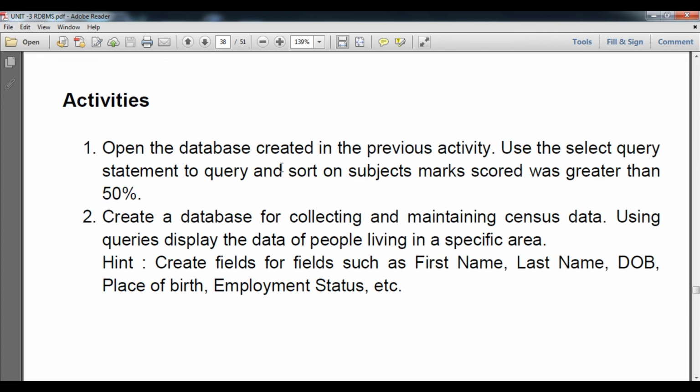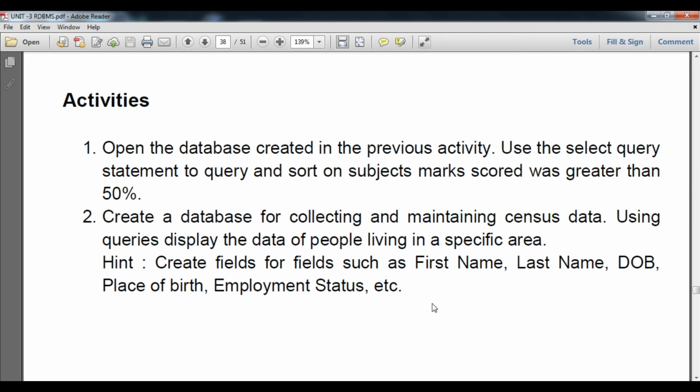Use a SELECT query statement to query and sort the subject marks scored greater than 50%, and create a database for collecting and maintaining census data using a query. Display the data of people living in a specific area. Hint: create fields such as first name, last name, DOB, place of birth, employment status, etc.